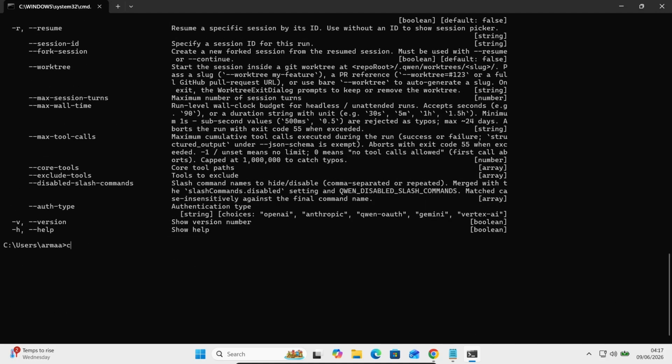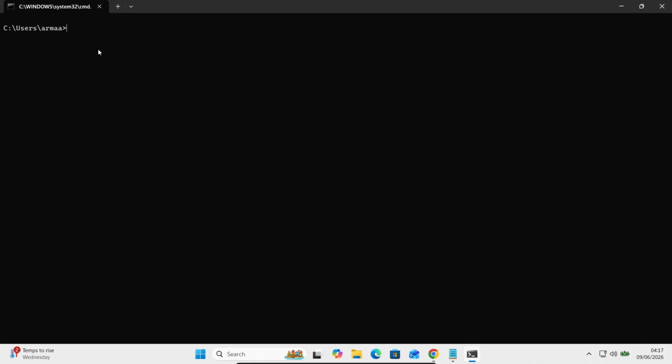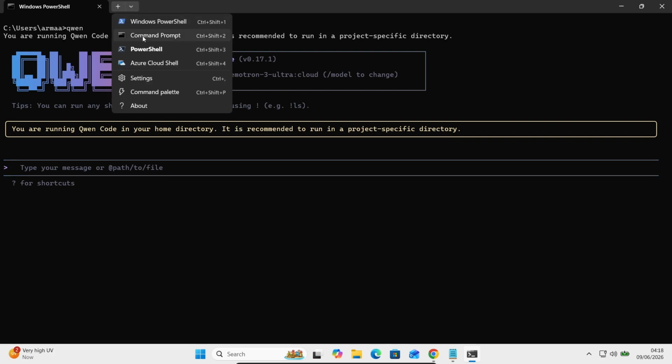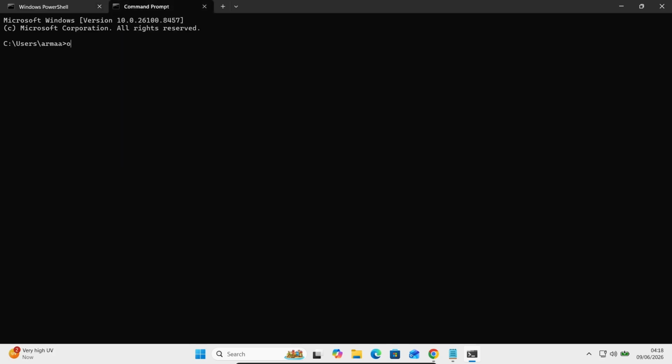Now thereafter, let's use cls. And if I write Ollama, no, if I write Qwen, here you can see you're running Qwen Code, this version is there. Okay. And if I write Ollama,